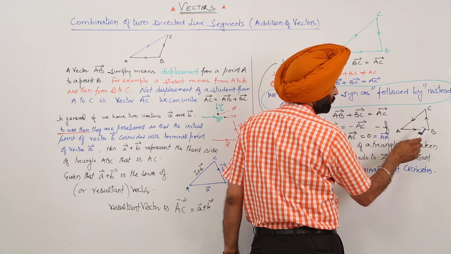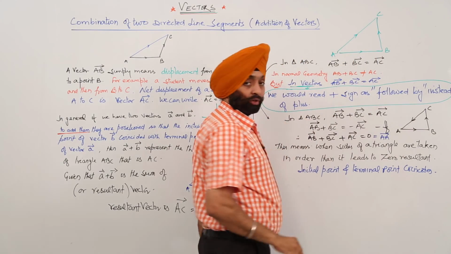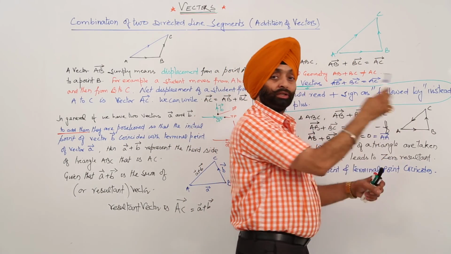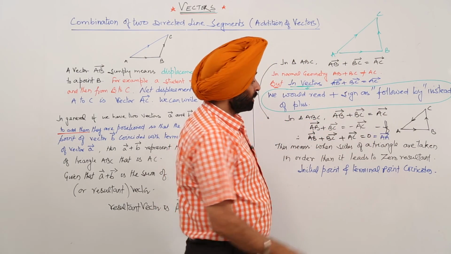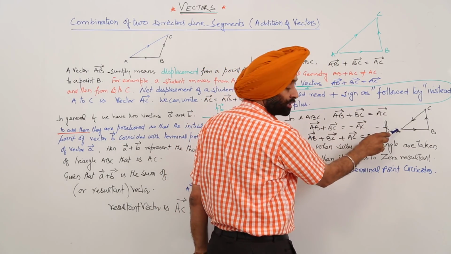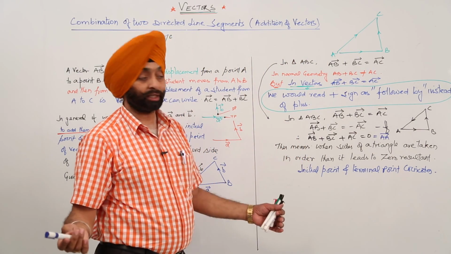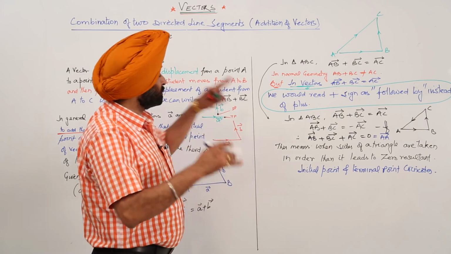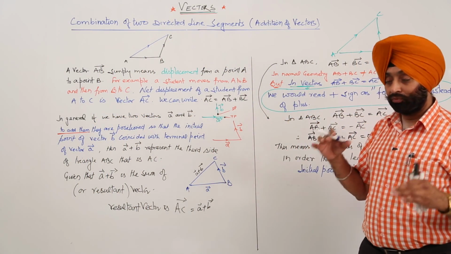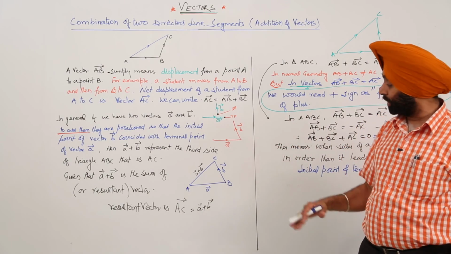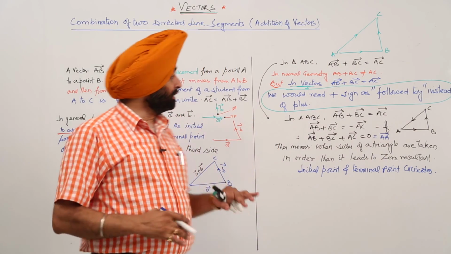Now A to B, B to C. In this figure, A is the initial point, C is the terminal point. In this figure, when the direction is converted, A becomes terminal and C becomes initial. A was initial, now A becomes terminal. So initial point and terminal point coincide. Therefore the resultant is 0. So this was all about the addition part of a vector, the explanation for the addition part. And if you go through this once more, each and every